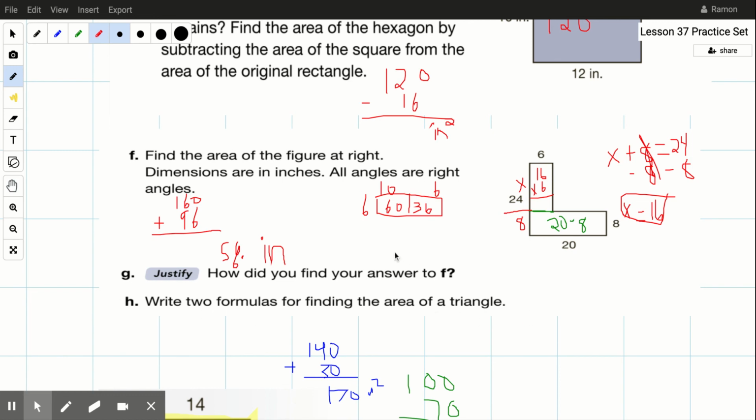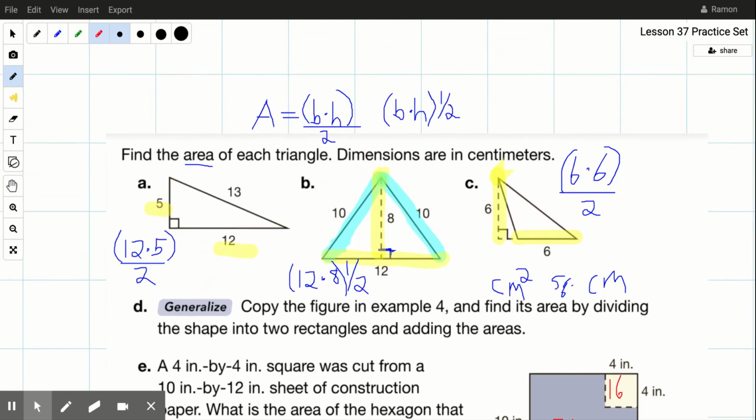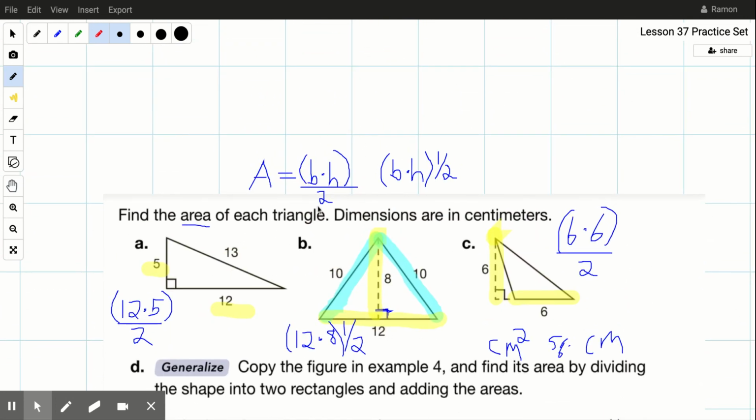We went over the 2 formulas earlier. You could do base times height divided by 2, or you could do base times height multiplied by half. There's all kinds of other ones that you could have done as well. You could take half of the base and then times the height. Likewise, you could do half of the height times the base. Any of those will work. However, typically we stick to these two